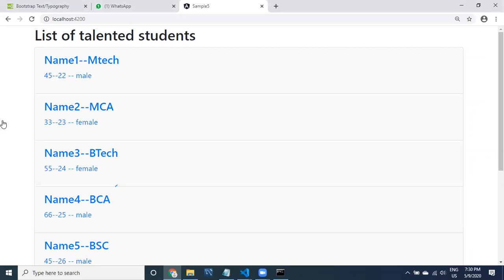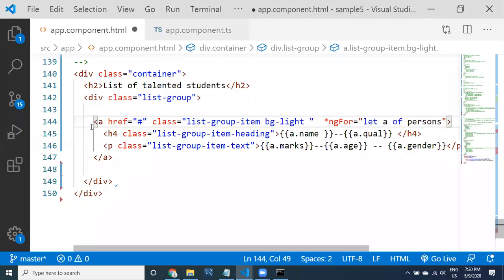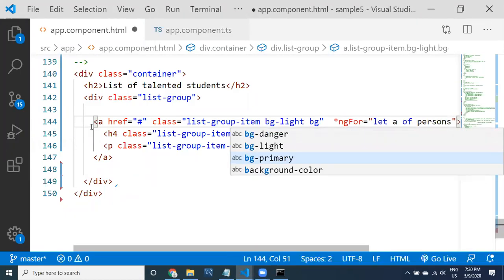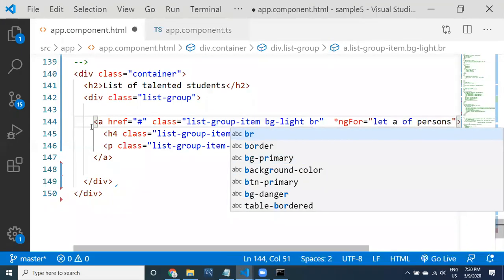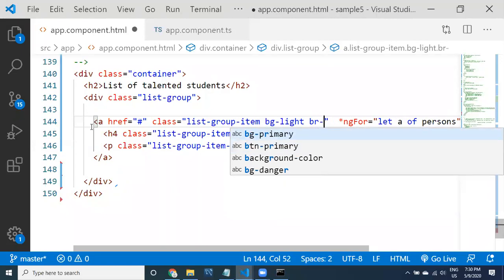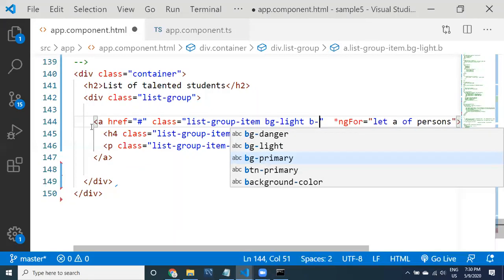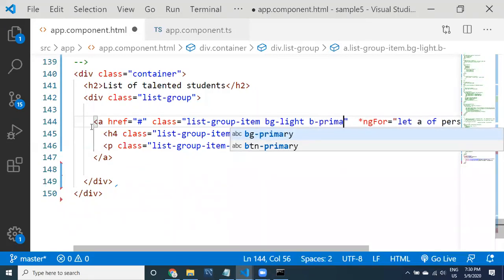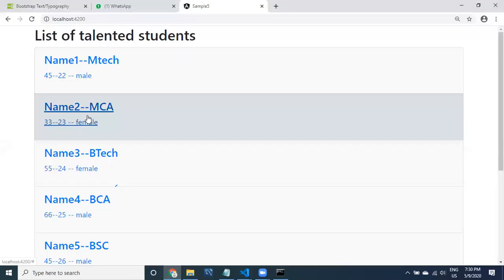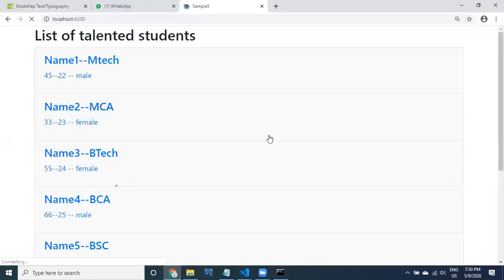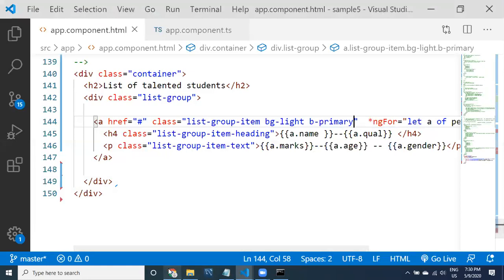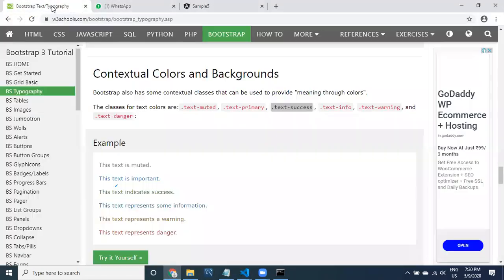And I want to provide a border. Border, border primary, I'm not sure. One second, guys, let us check with Bootstrap.